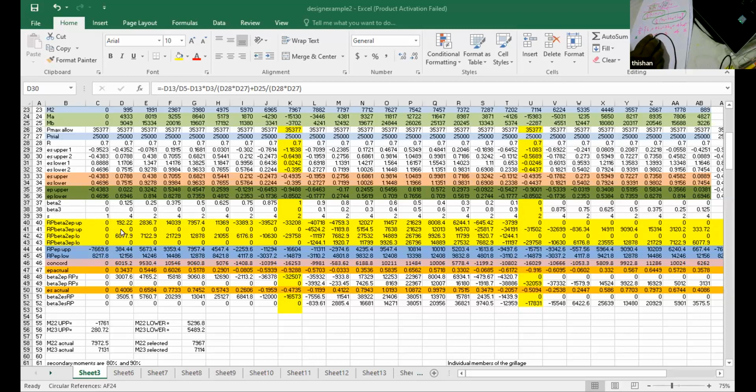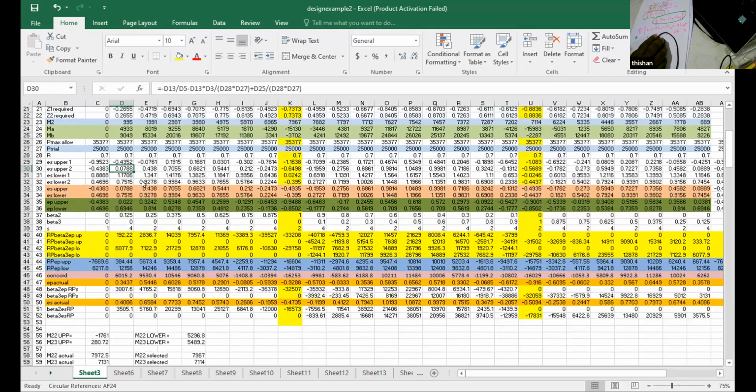So if I want to find the area, I have to actually multiply by all these values: R, P, beta 2, EPS. If I look at one of the equations, just look at this equation. Here you can see we are multiplying D13,